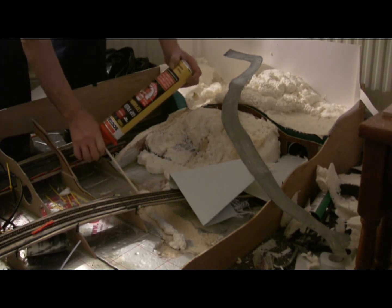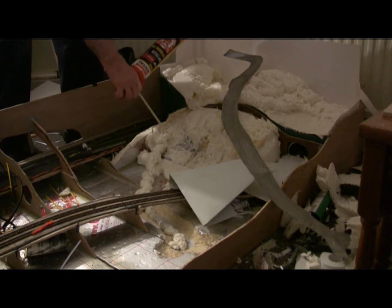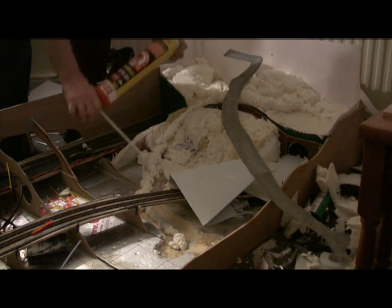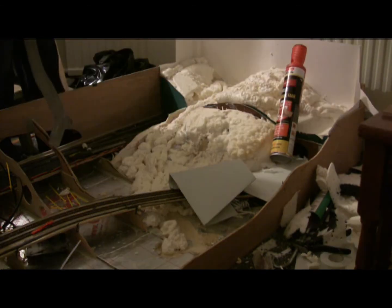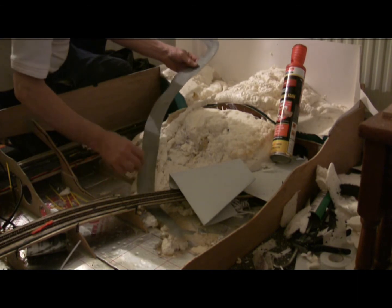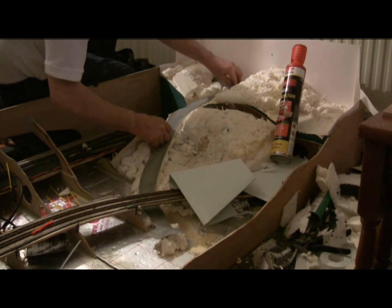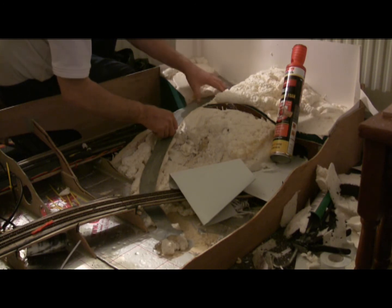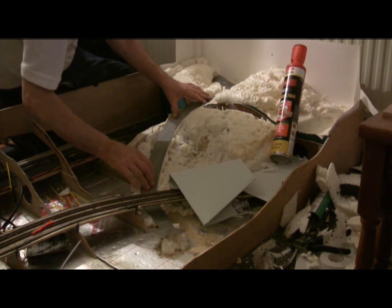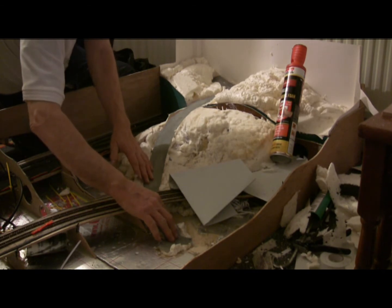Then just lay a ribbon of expanding foam all the way along up the hillside where the road is going to go. And we take the cardboard road, place it under the track, gently lay it onto the ribbon of foam before it's expanded too much. Be very careful, it's nasty stuff if you get it onto your fingers. I do advise wearing gloves in actual fact, but in this case I can gently press the cardboard down into the foam,